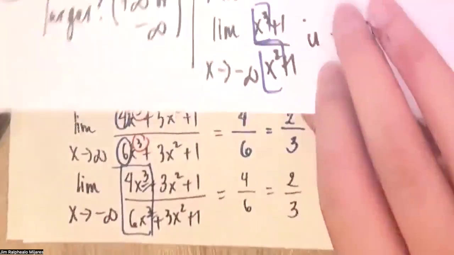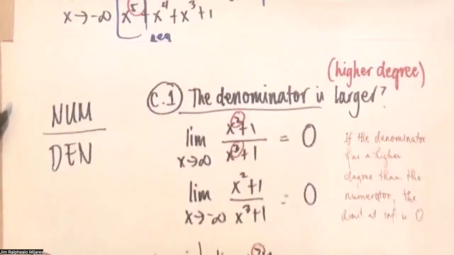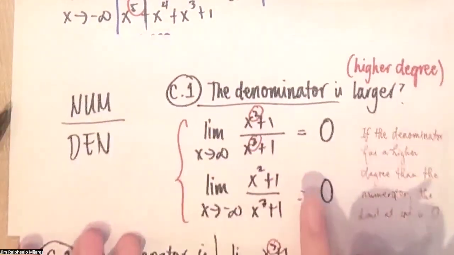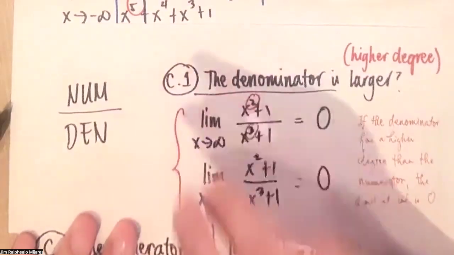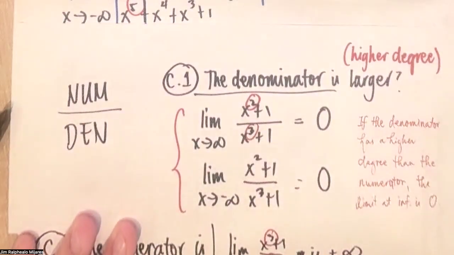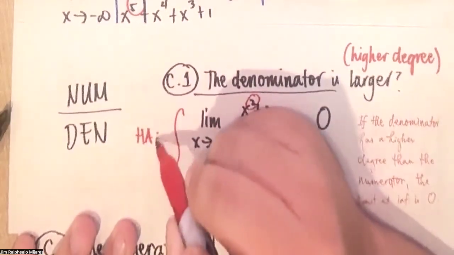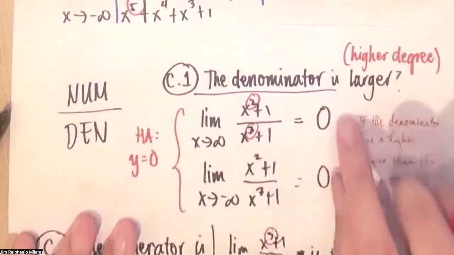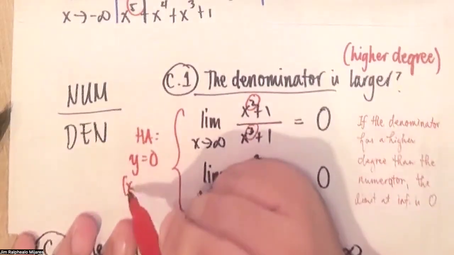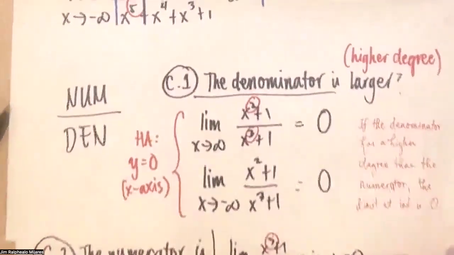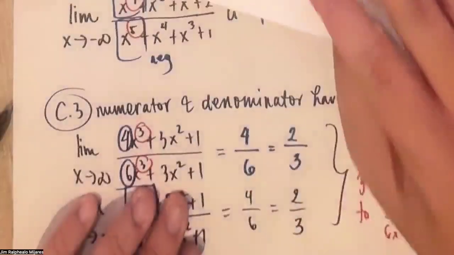And this, right? So in this particular case, the horizontal asymptote is y equals 0, or the x-axis. Okay, so when a problem asks you to find all asymptotes, so not only the vertical but also the